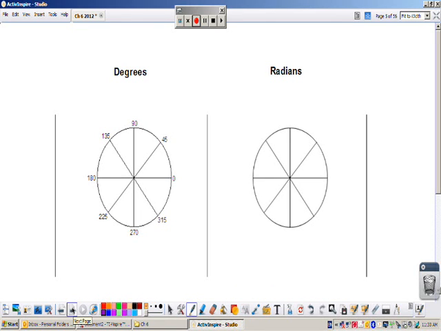Okay, so have a look at the page which has the circles which compare degrees to radians. And we're going to start with the middle diagram, which is measuring the 45-degree increments. Okay, when we have a look at this, we've divided our circle up into 8 sectors, 4 above the x-axis and 4 below. So we're starting at 0, and then if we want to work out what the radian measure